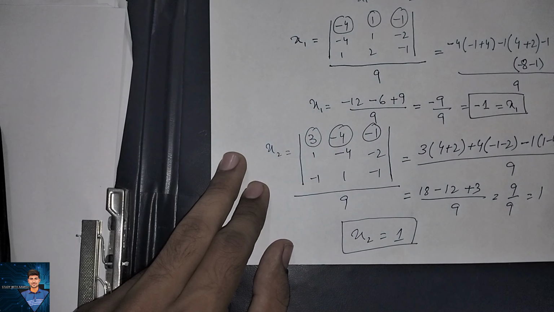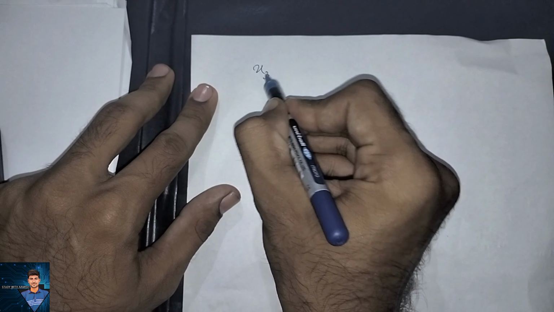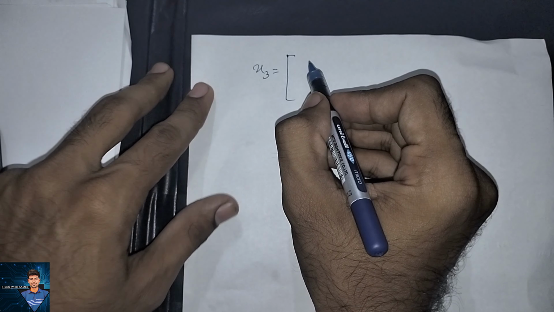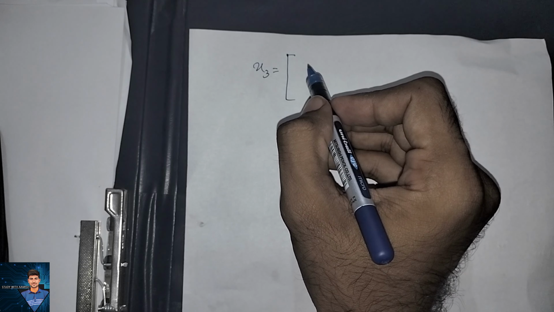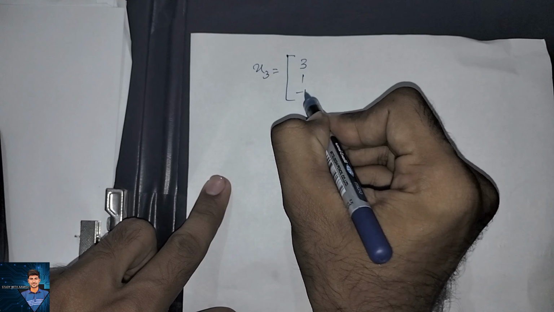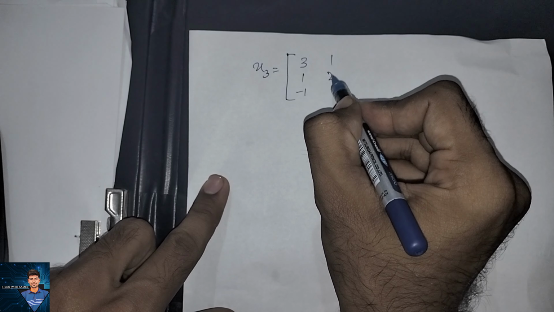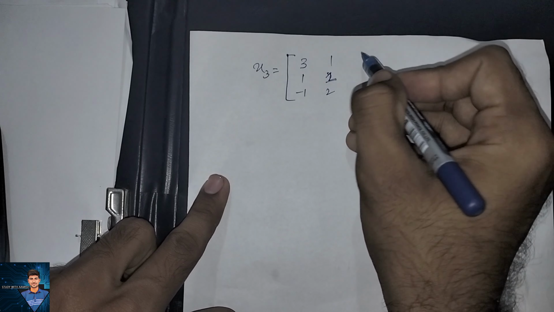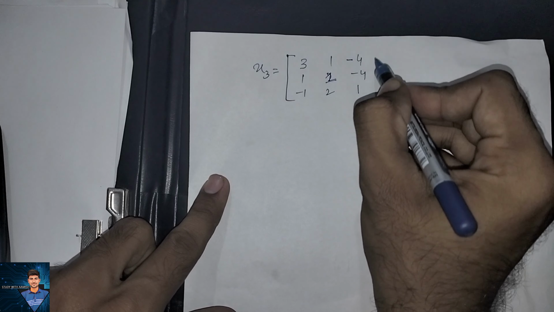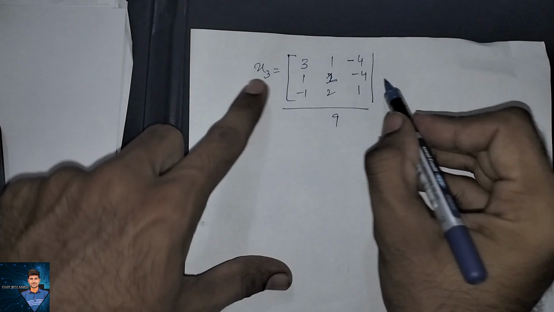Now we will solve for x3. For x3 we will replace the third column of the matrix with the constant one. So let's put the previous values of the columns, and we will replace here the third column with the constants, divided by 9. So for 3